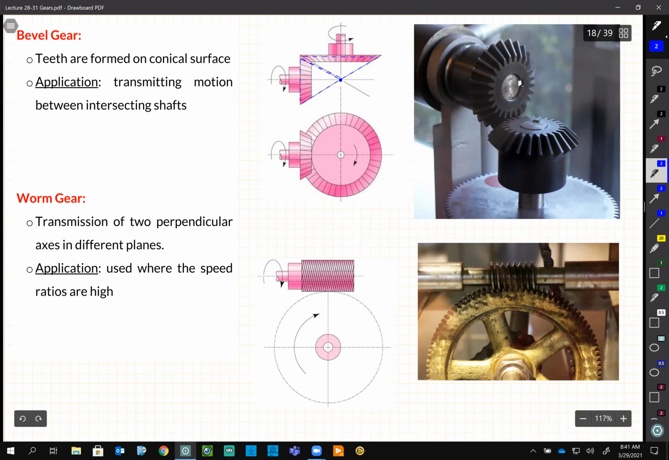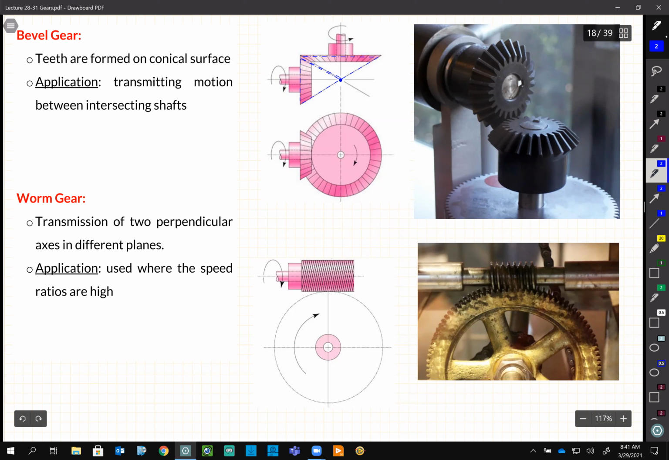Like here, let's say for some reason, in the picture on the right, on the top, our motor we have to put vertically, but we need to transfer motion horizontally. So there is no other way. We have to use a bevel or conical gear. And then worm gear,